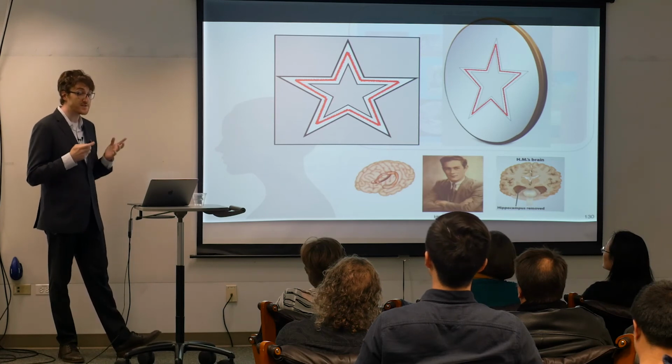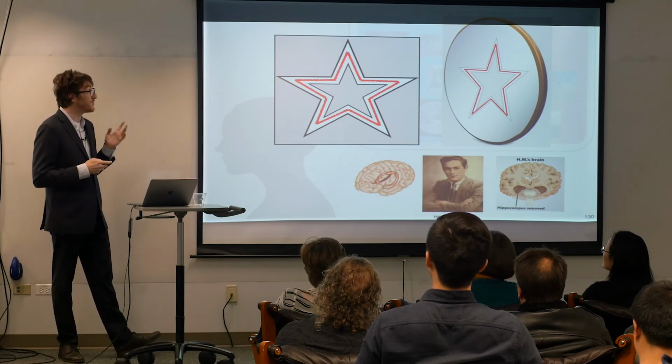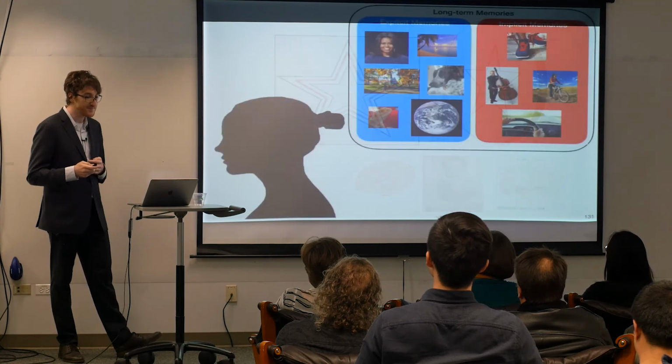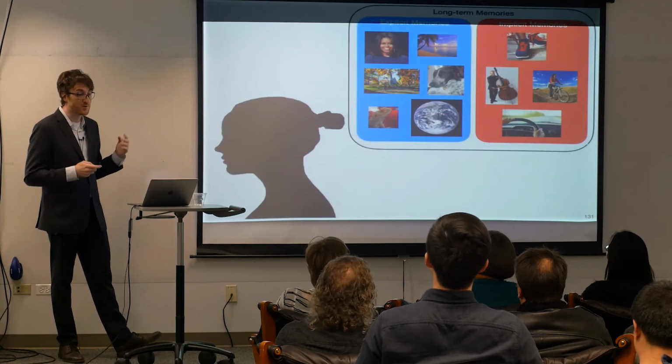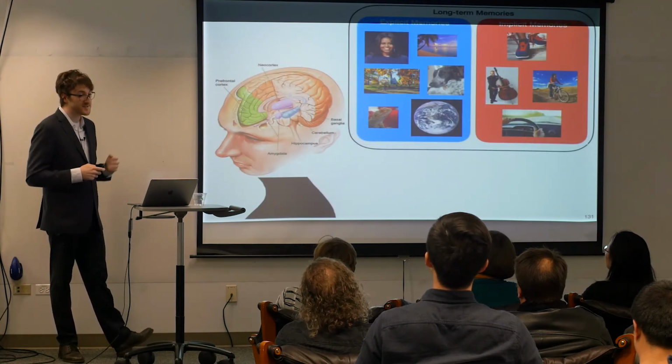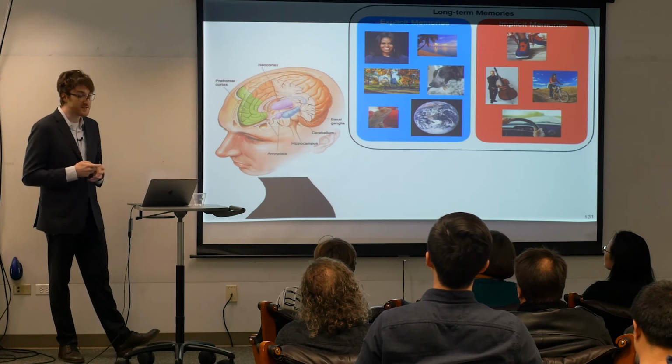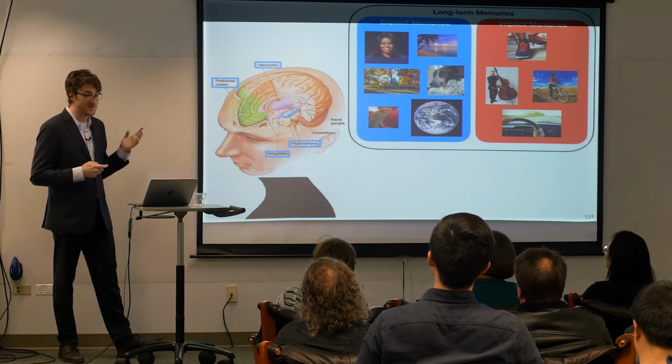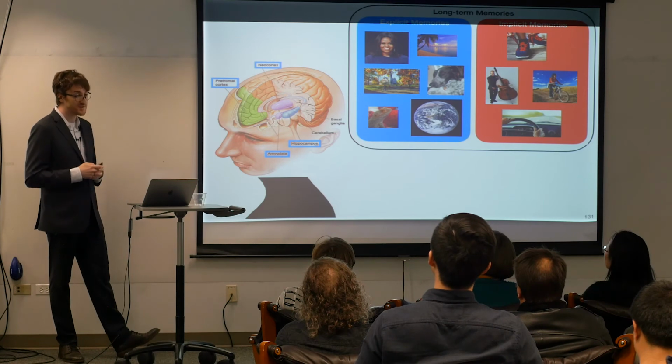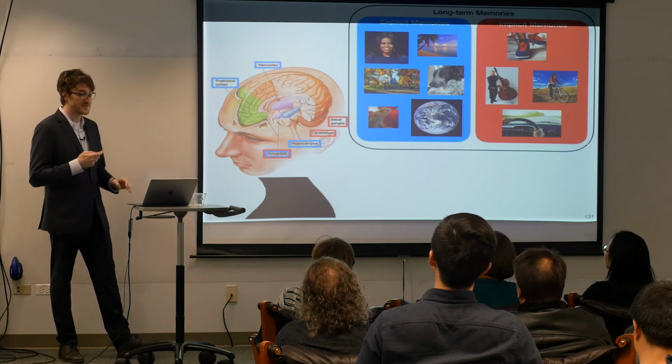And this was really the first most important evidence of humans having multiple memory systems. And because of that experiment and future work, we learned these memory systems are actually mediated by different brain regions. So without a hippocampus, HM's explicit memories were terribly damaged, but his implicit memories were largely intact.